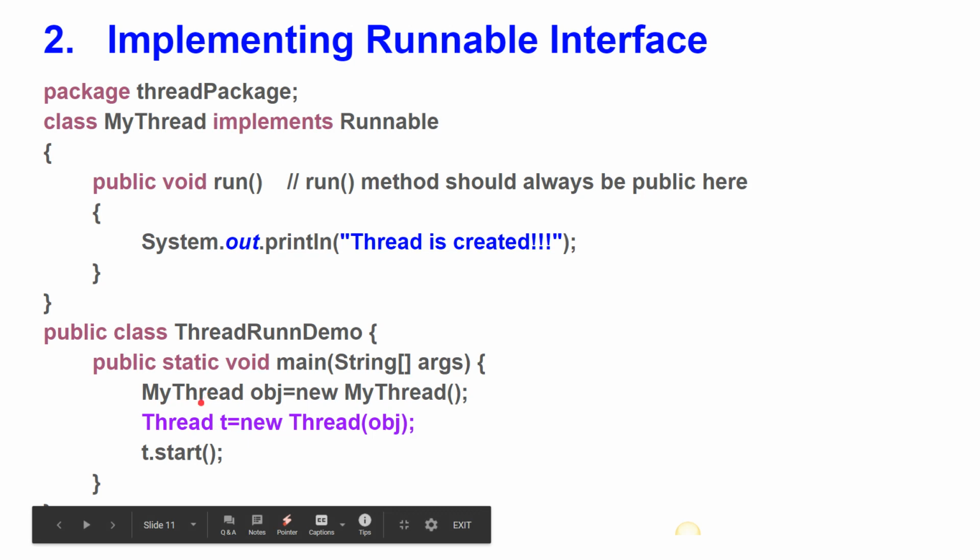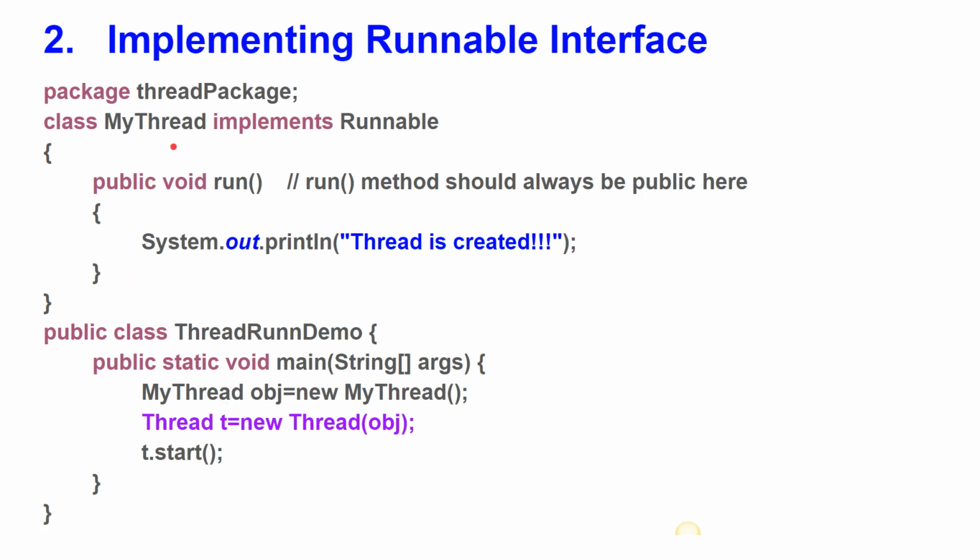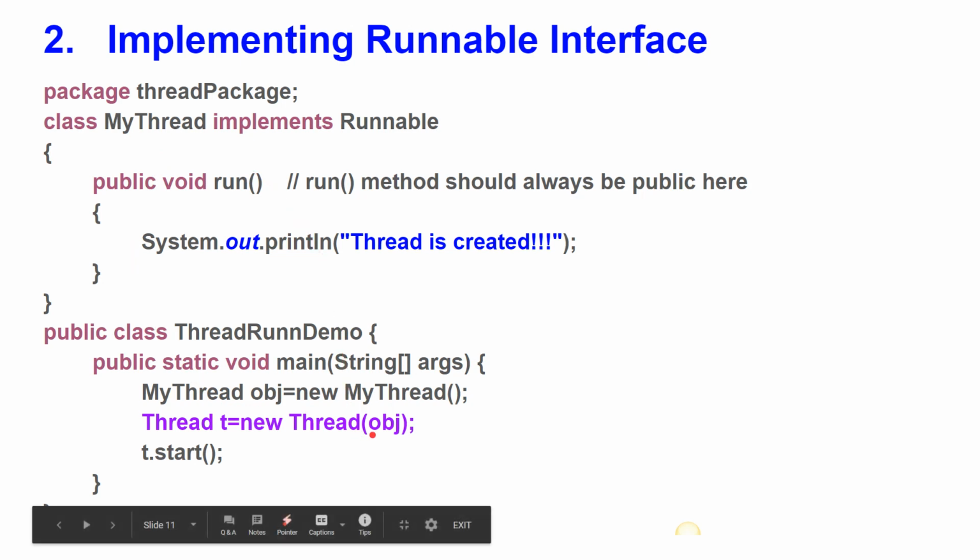So create the object of the Thread class, and when you create the object, pass a parameter. What is that parameter? The object of the MyThread class. Pass it as a parameter. Now take this object of the Thread class, t, to access the start method.